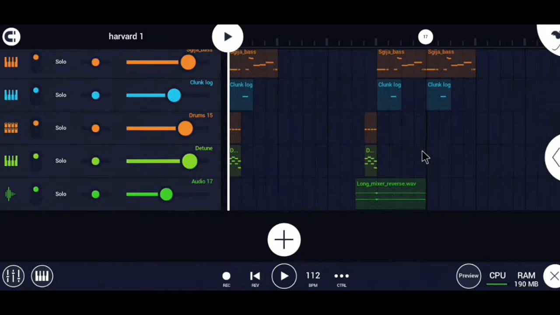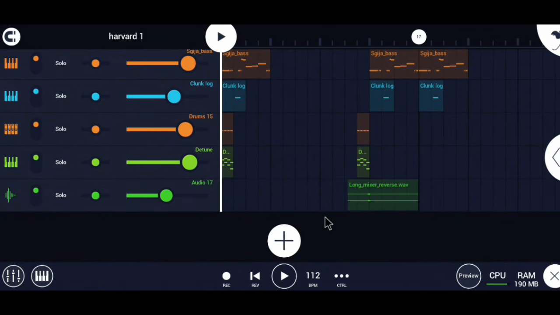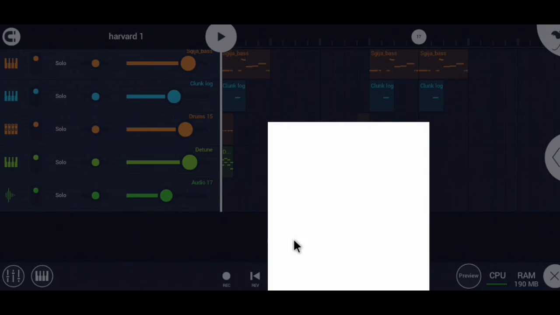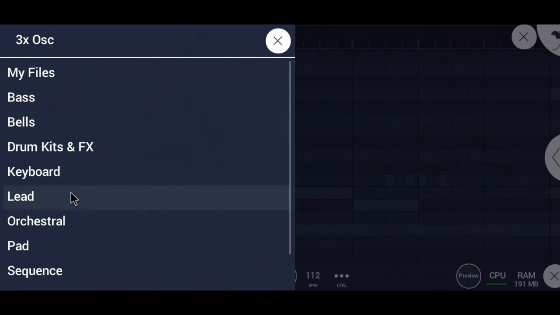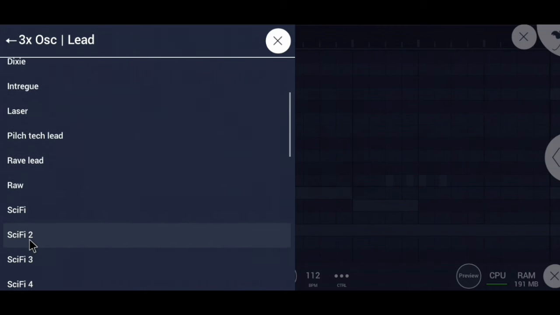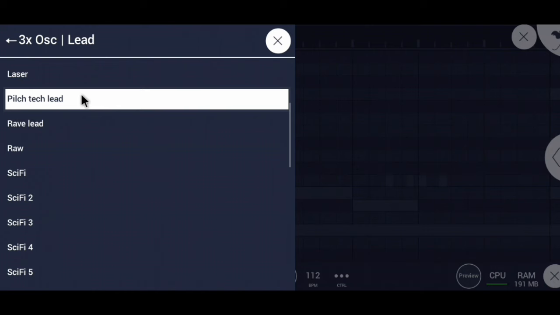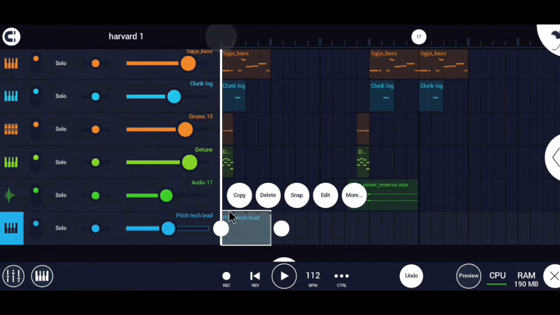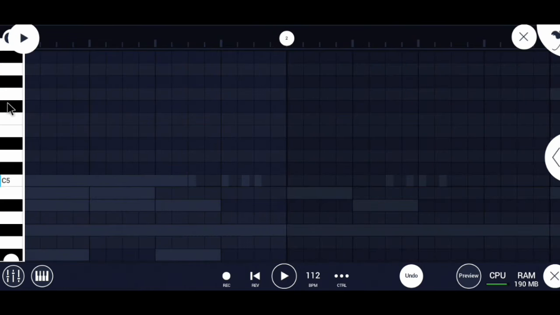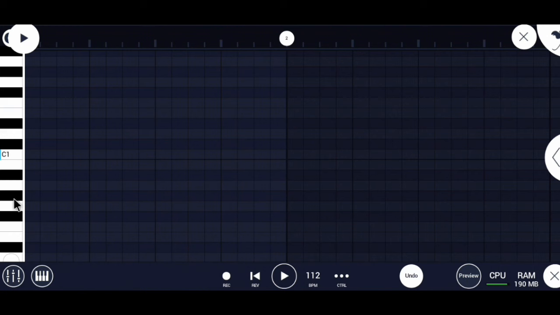Nicely done, guys. So what we can actually add in next is a nice rumbling Harvard sound, which you find right here on FL Studio Mobile, which is amazing. We're gonna go here into 3XO OSC, and then we're gonna go into leads over here, and then we're gonna scroll until we find it. So we're gonna click the right side of the screen since it's a little bit too loud. What this thing does, guys, is that it's a Sgija instrument. It's a Harvard instrument. If you can go down,